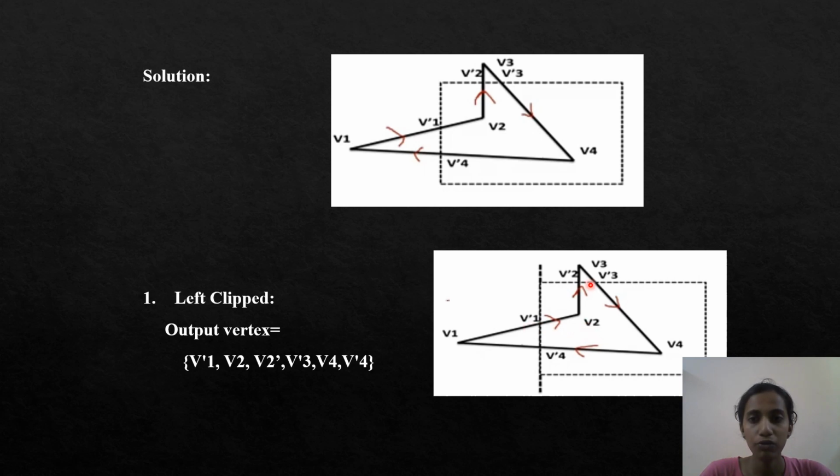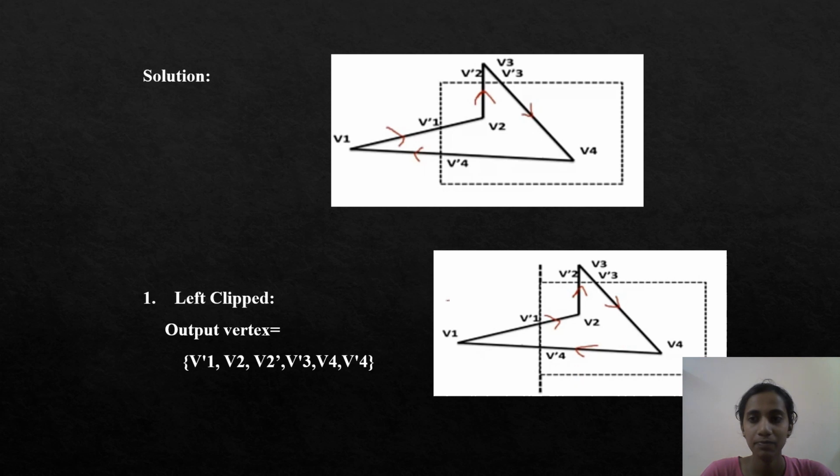For V2 and V3, if the starting vertex is inside the window and the ending point is outside the window, then we have to consider only the intersection point, that is V2 dash. For the third one, we have to consider V3 dash and V4, and for the fourth edge from V4 to V1, we have to consider